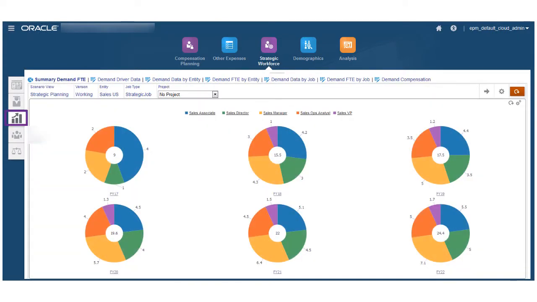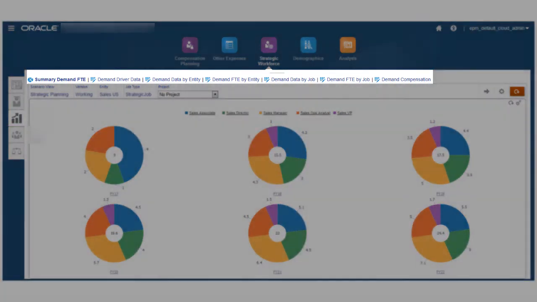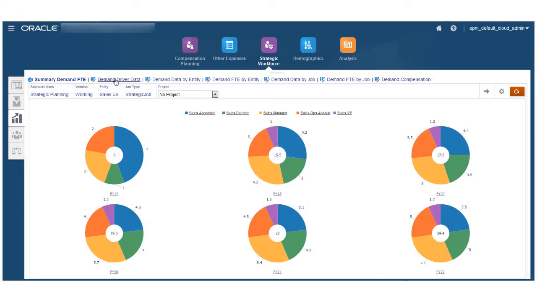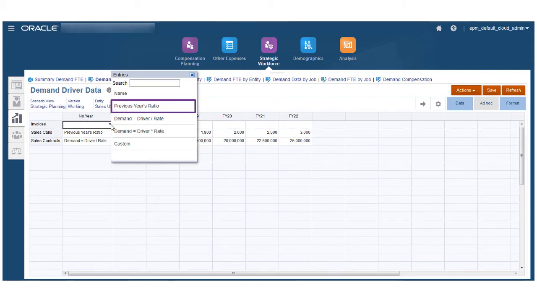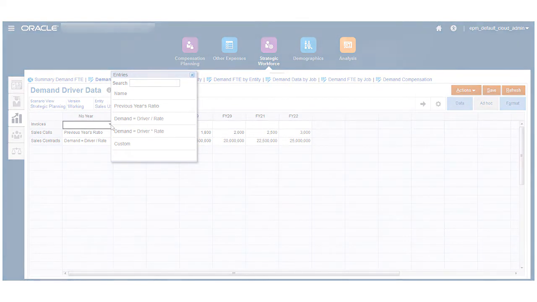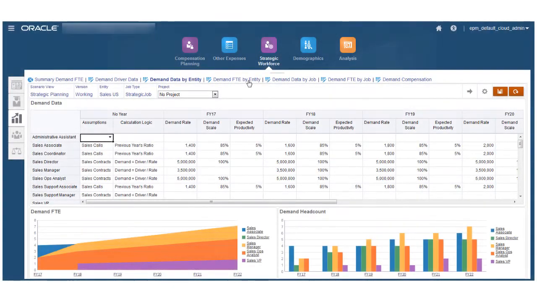With demand planning, you can proactively identify the resources, headcount, and FTE required by business unit or job to meet your driver-based strategic goals. You can enter demand driver data and use the following provided calculation logic: previous year ratio, demand driver divided by rate, demand driver multiplied by rate, or custom to specify your own driver calculation formula, and assign drivers and targets to identify the FTE and compensation by business unit or job for the job types key